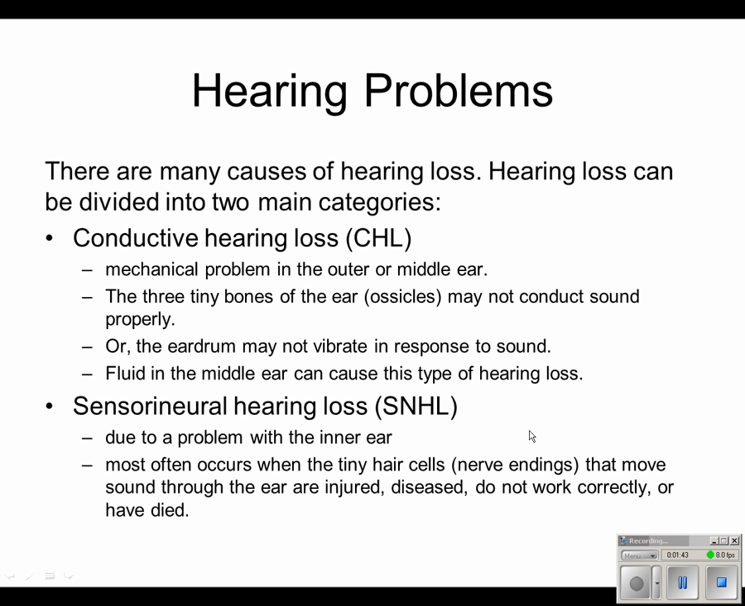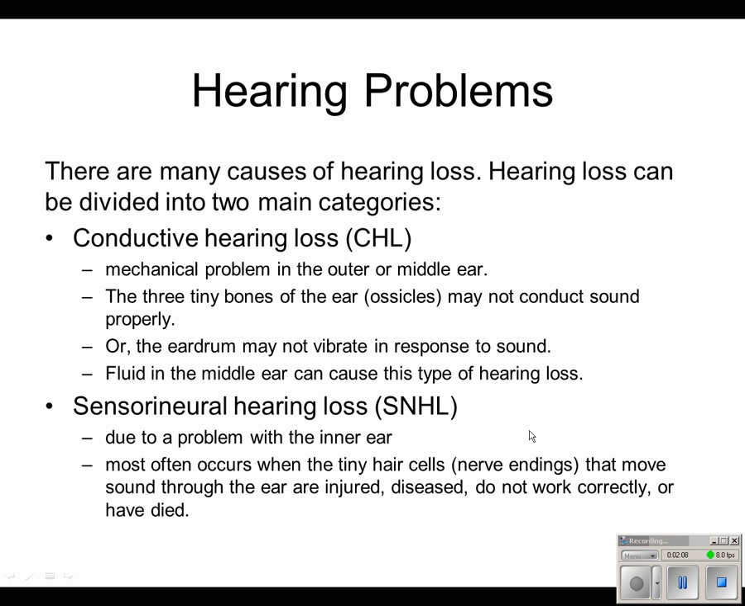Now, hearing problems are divided into two different categories. The first one is conductive hearing loss, which is mechanical and has to do with either those three tiny bones, the hammer, anvil, and stirrup, or the eardrum may not vibrate in response to the sound. Fluid in the middle ear can cause hearing loss as well. The other type is